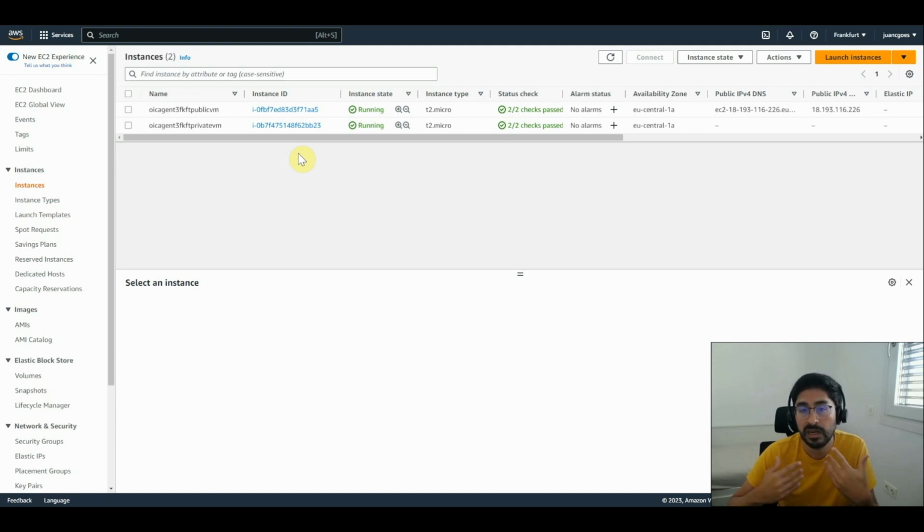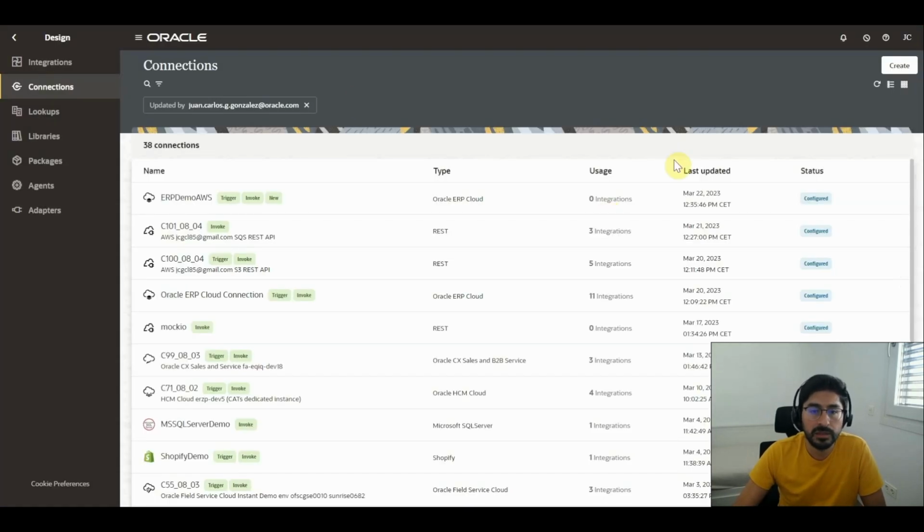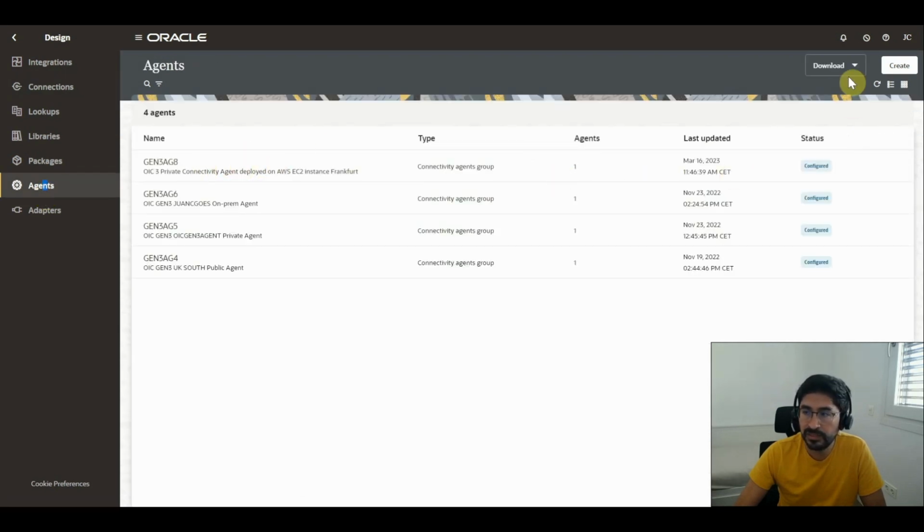In this case, it's our S3 bucket. I previously installed the connectivity agent within that private VM. That's something you can do here. If you go to agents, this is my connectivity agent, so you can download the connectivity agent. One more thing you will need is to download the config file, and the config file already has all the credentials needed to connect from the connectivity agent to Oracle